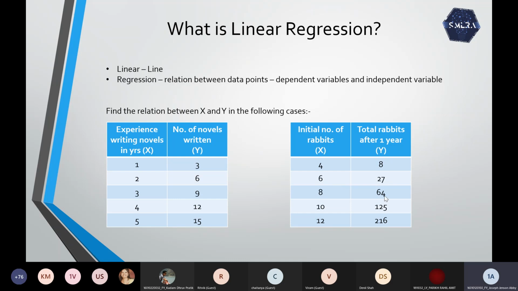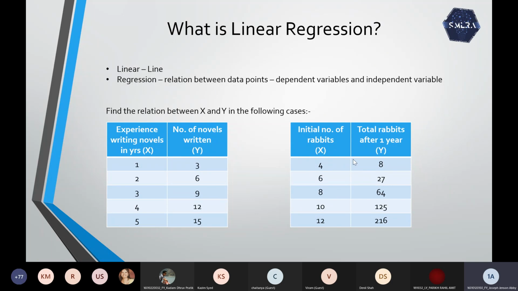All right. Based on this pattern which you have observed, you have collected this data. If I say there is a group with 14 initial rabbits, can you tell how many rabbits there will be after 1 year? 7 cube, 343. So you found a relation between the variables, and based on the existing data, if you get a new case where x equals 14, or say anything, you can simply do x by 2 whole cube, and that will be the predicted value based on the relation you have established here.